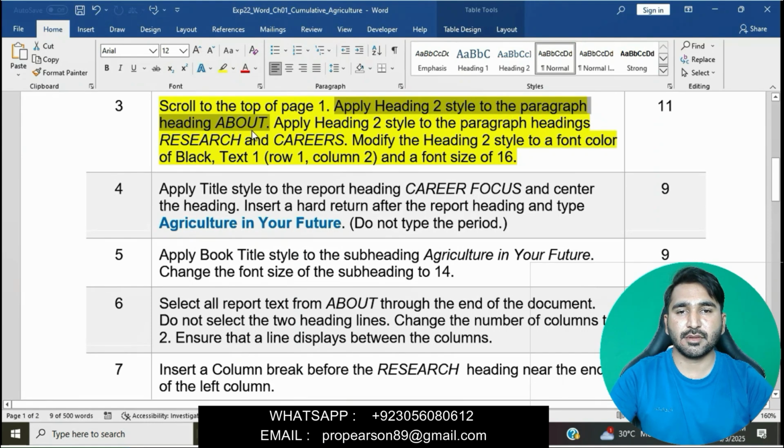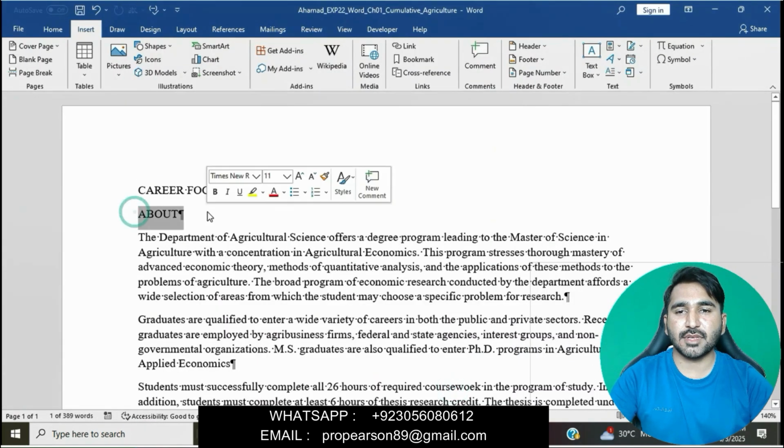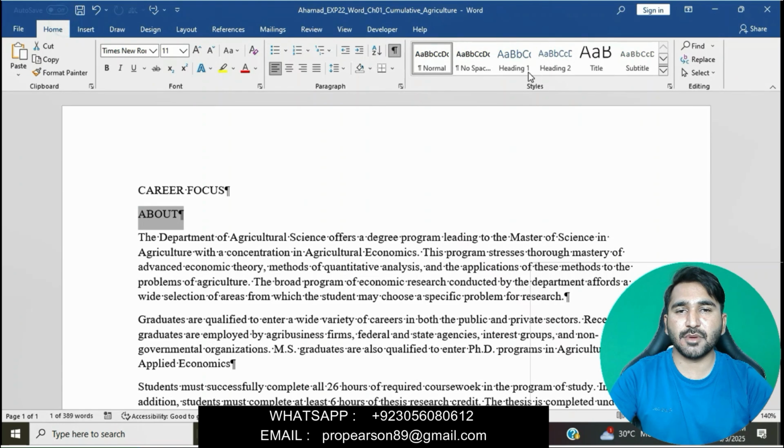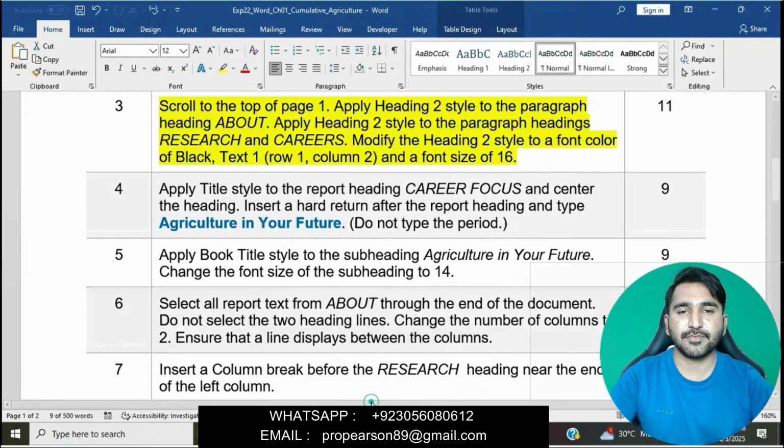We will select this, go to the Home tab, and in the Styles group apply Heading 2 style on the heading About.